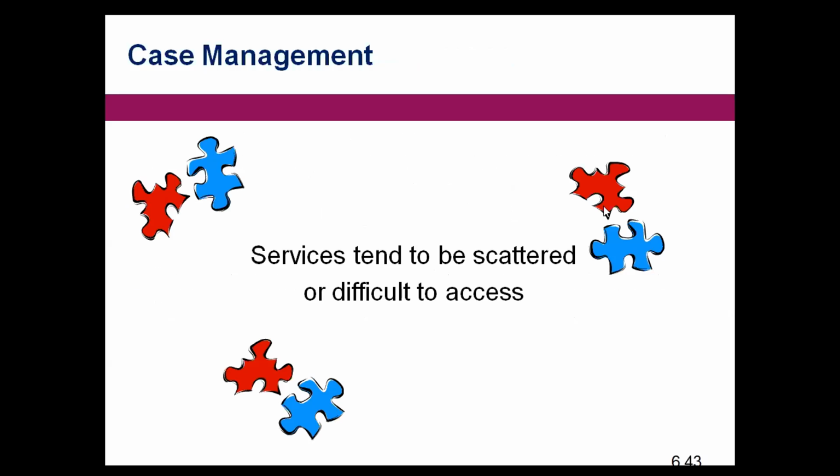Case management has to do with the fact that services tend to be scattered or difficult to access. Sometimes there's no service that provides everything for a client, so you have to liaise with other services. Some may offer just one component of the treatment, so you also have to collaborate and liaise with other programs to offer other components of the treatment. A case manager will facilitate that and coordinate all the activities. It helps to fit all the pieces of the puzzle together. The services are scattered, and sometimes, especially in my city, the patient can easily get discouraged.